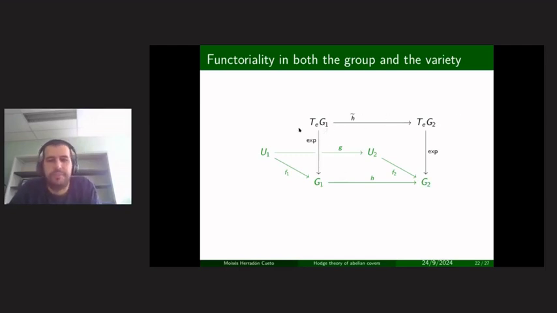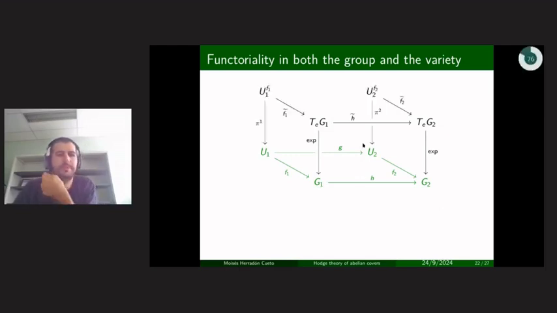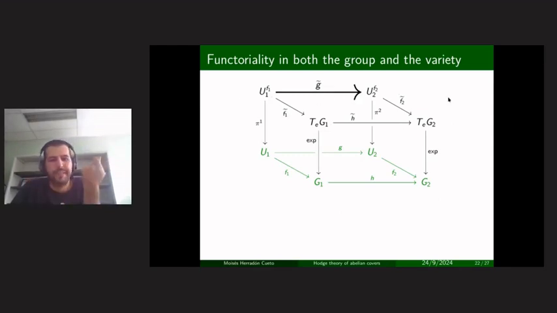So this lifts uniquely to a map which is the differential at the origin. These are affine spaces, and this is a linear map. And for each of these covers that you have, you can pull them back to get a cover of each of your varieties with whatever the group gives you. And now, because of, again, the property of fiber products, you get a map relating the covers.